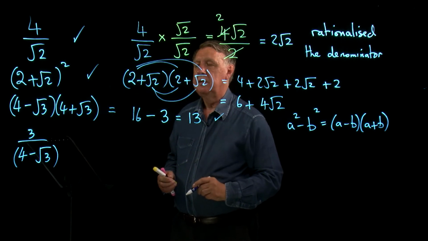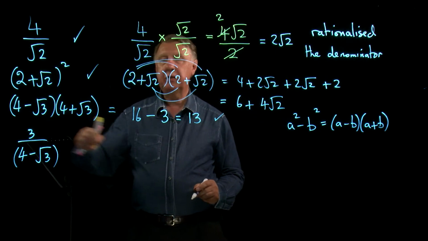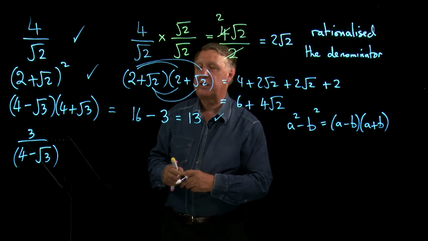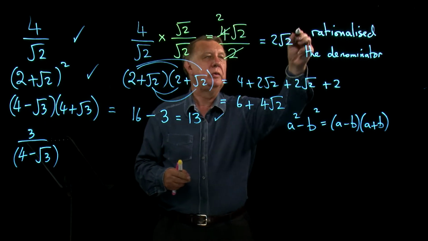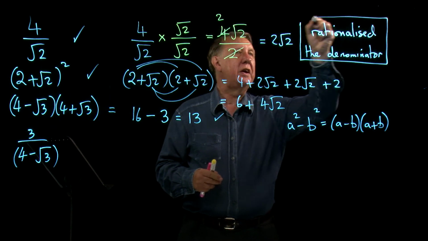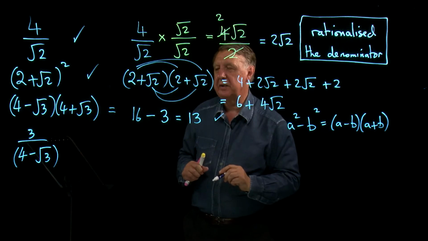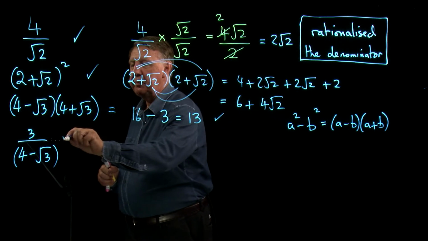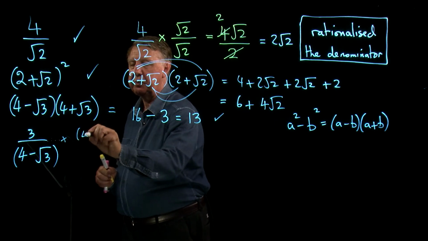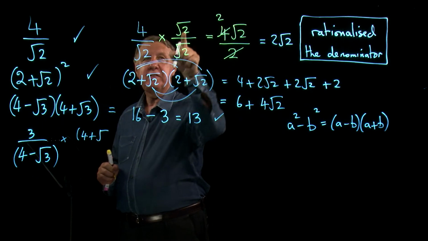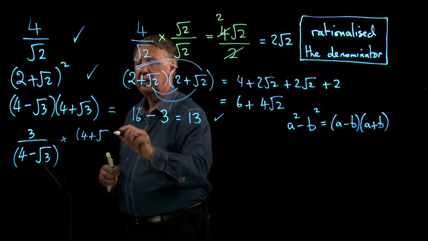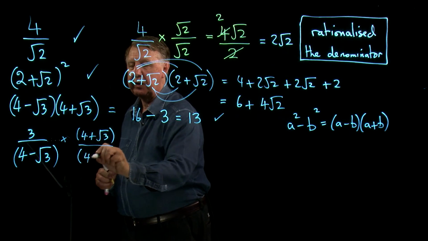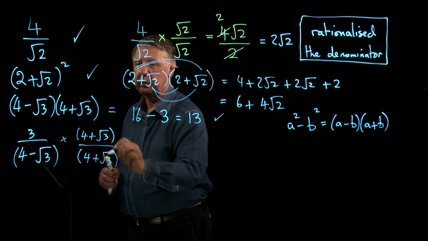And then finally, another fraction, a horrible surd on the bottom line, an irrational number, and I want to rationalise the denominator. Don't forget that phrase. Comes up over and over again. So this time, I'll multiply top and bottom lines not by the same thing, which is what we did here, but I'm going to be a bit clever here, and I'm going to use what I've just done in the previous example